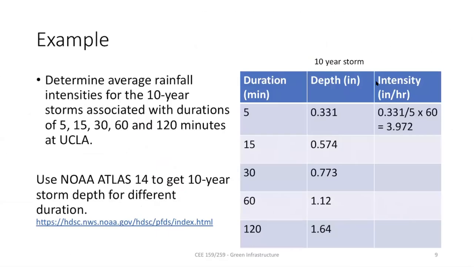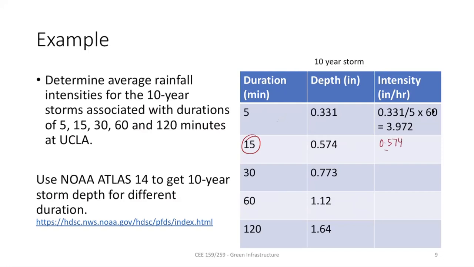So a lot of times, if you know a duration of rainfall and the depth, you can change it to per hour. For instance, this is an example given: if you are given 5-minute duration and the depth was 0.3 inch, I ask you what the depth would be if it rains for 1 hour. So it's very simple, you just multiply the per-minute value by 60. So same thing here. If you do the next one, you are given only the 15-minute rainfall intensity or depth, and I ask you to convert that to intensity in inches per hour, then you obviously change